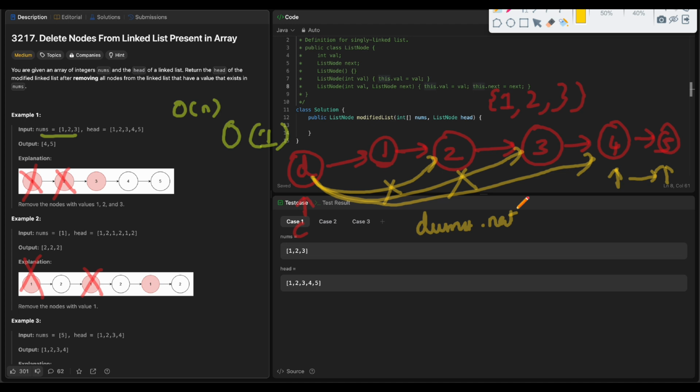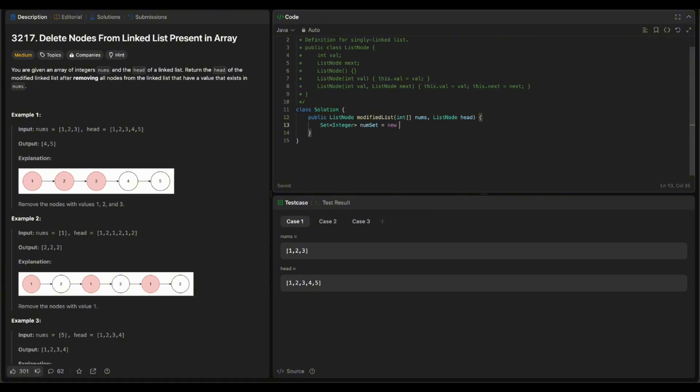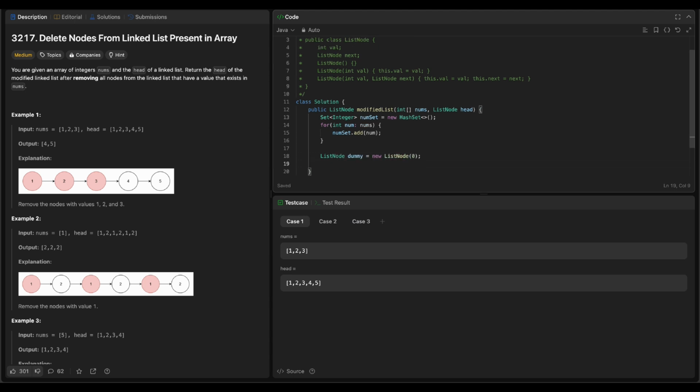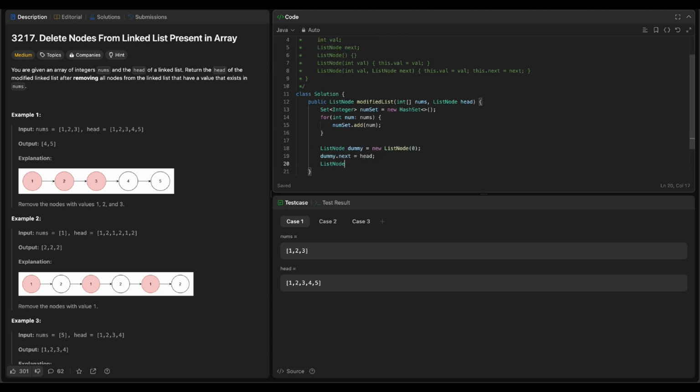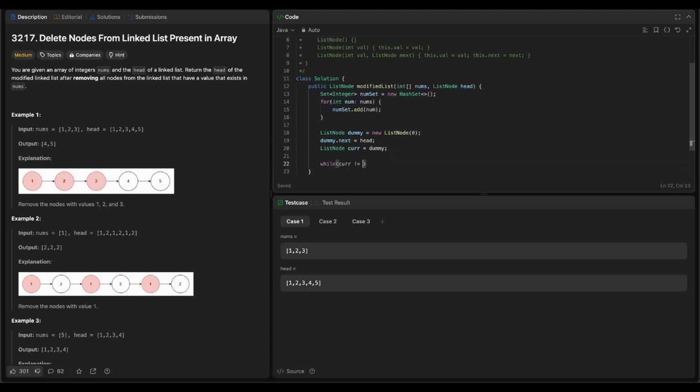Now let's jump into the code part. First we will convert the nums array to a hashset. Now we will attach a dummy node to the start of the list. Then we will start the iteration. Let's call the iterator current, pointing to the dummy node. And while current is not equal to null and current.next is not equal to null, that is, we have not come to the end of the list,